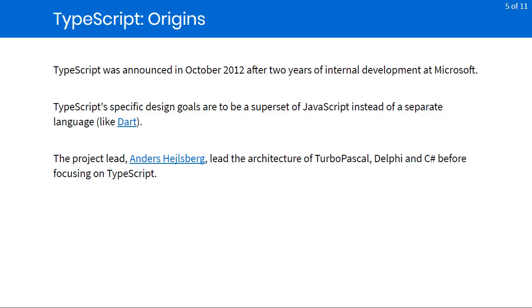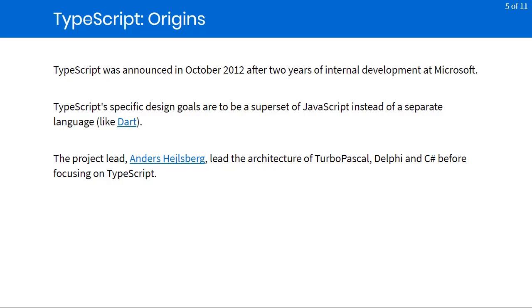So TypeScript's been around for a little while. It was announced in October of 2012, but it had actually been developed for 2 years by Microsoft internally before that point. And when TypeScript was introduced, it actually came into an ecosystem that had quite a few other challengers. There were several other attempts out there to streamline and improve JavaScript development, especially as front-end web applications became more and more sophisticated and were asked to do more things.